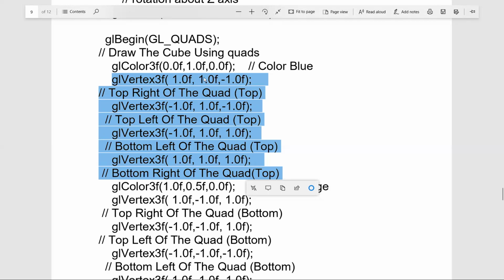You can see the different values: the first value says the top right of the quad is drawn, then the top left, then the bottom left, and then the bottom right of the quadrilateral is drawn as a vertex. So these four vertices are drawn for the quadrilateral representing the top surface of the cube, all using the blue color.